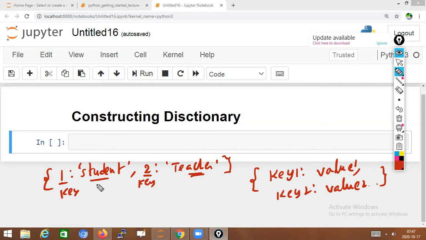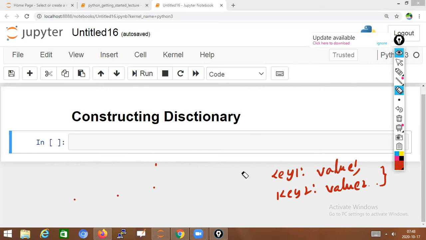Like this, we will store the values in the dictionary. In the place of one and two you can put any numbers, strings, alphabets, letters, whatever you want. But the syntax is like this: key colon value, comma, key colon value. That is the syntax of the dictionary.